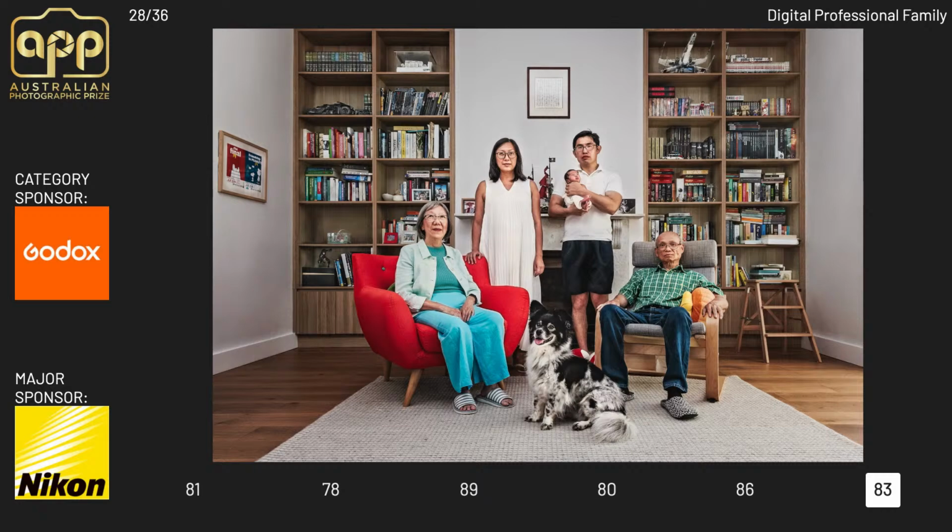It's just in the living room, but the attention to every single detail by both the photographer and the subjects is really quite high. Obviously, the subject said, no, we want it to look a little like this. And the photographer said, all right, well, let's really make it look like this. We've got so much identity in the bookshelves, but every expression is really, really deliberate. It's this culture, there's often that expression, but generally that's by the older generations, and the younger ones are a bit more fun, but they're just rocking that straight down the barrel, not smiling. And then it breaks for some of the older generation, like the gentleman sitting down, he's slouching, he's got some sass. I'm really reading a really fun story into all of this.